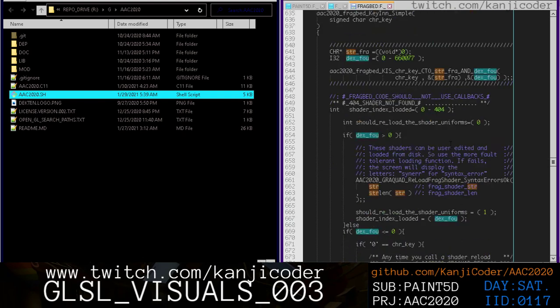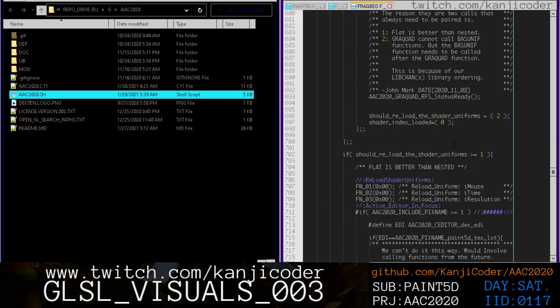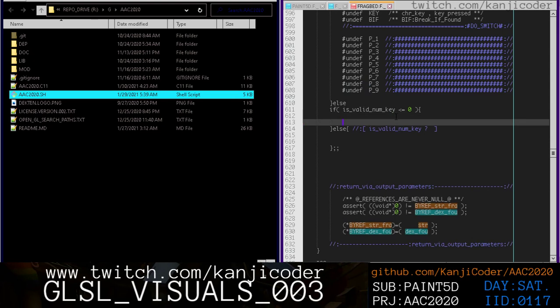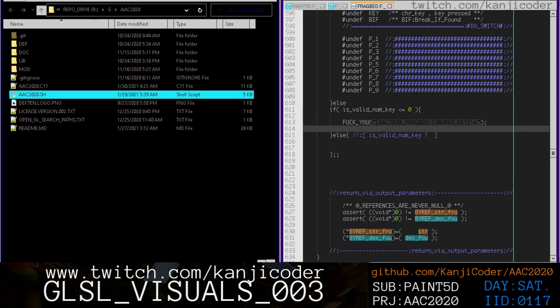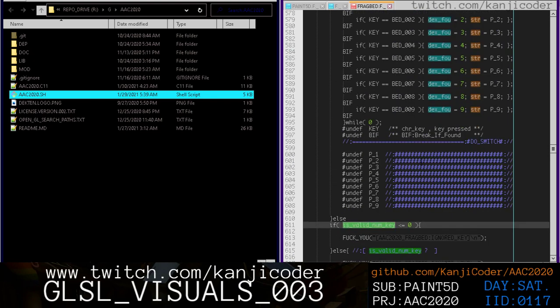So this is valid num key that we're using down here. We're going to use that error over here, right? So if it's not a valid number key, we're in trouble. Now, if neither case gets selected here, like we screwed up this conditional, then it's